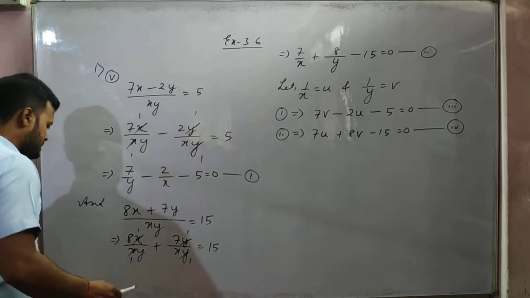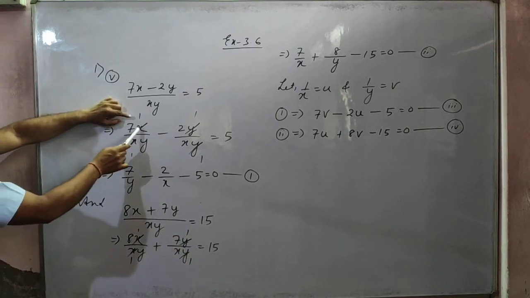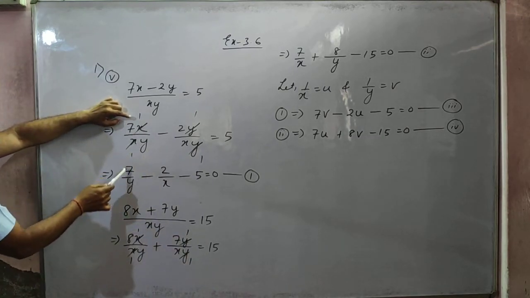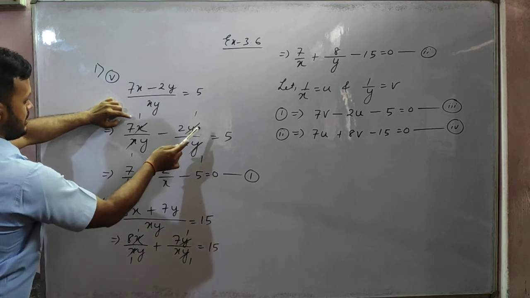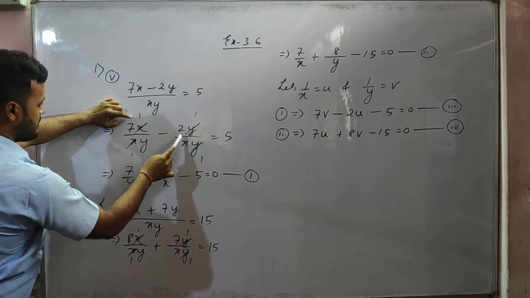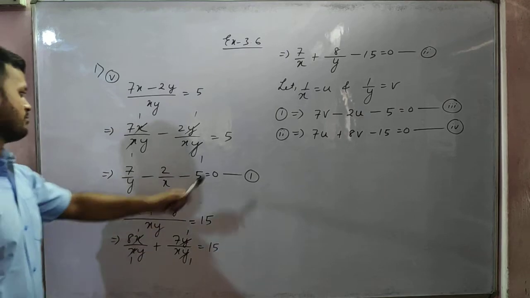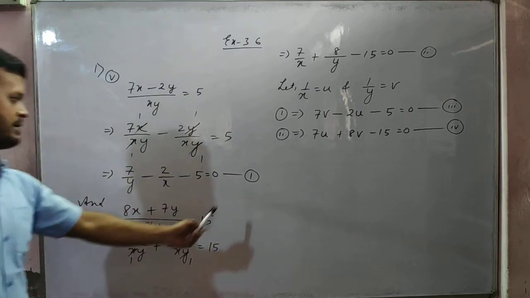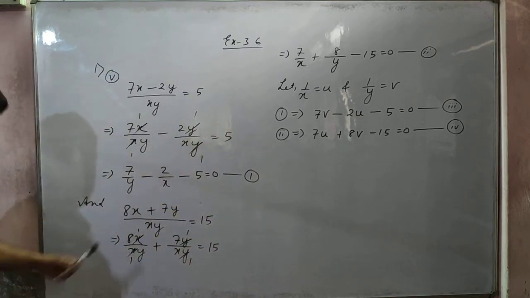So isn't it? See, 7x by xy, x and x will be cancelled, so what will remain? 7 by y, and here y and y will be cancelled, so it will become 2 by x, isn't it? And minus 5 if we take it to the left hand side, it will become minus 5. Mark it number 1. In the same way, students,